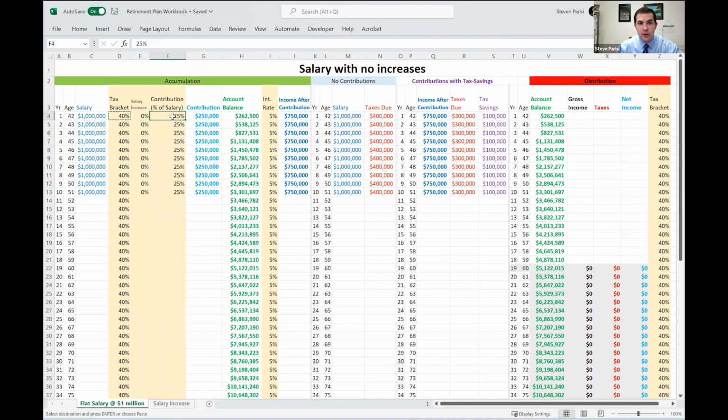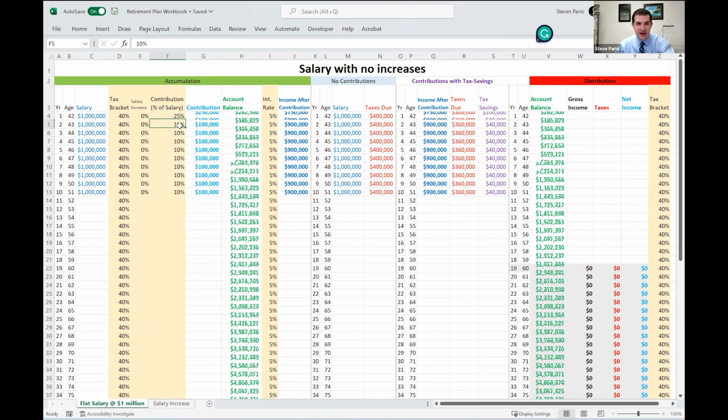Tax bracket, salary increase, and then contribution of salary. So here we can actually elect what the percentage is of our salary to be contributed to the plan. And you can adjust this each year. So if he picks 10%, what happens? 10% of $1 million is $100,000. If he picks 25%,